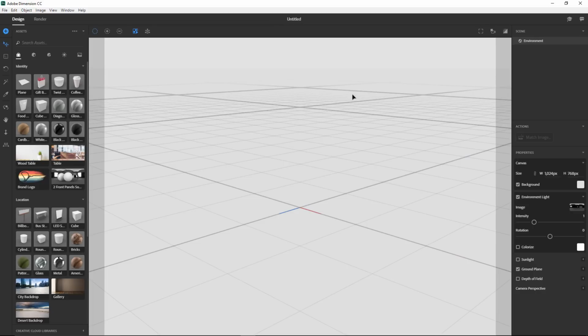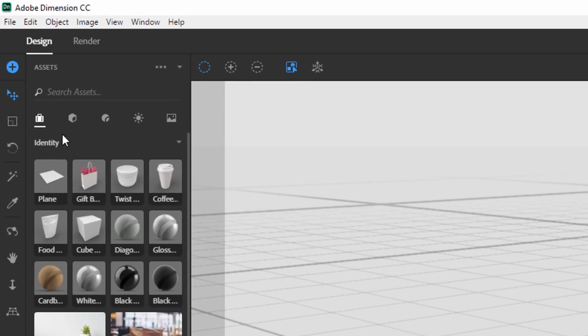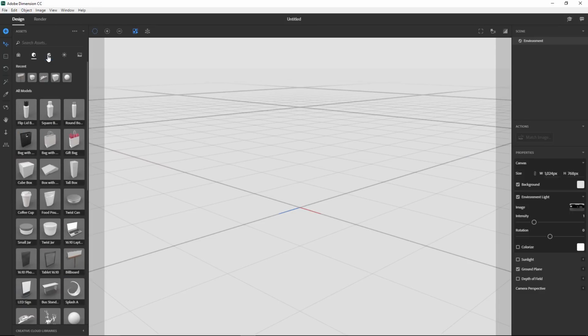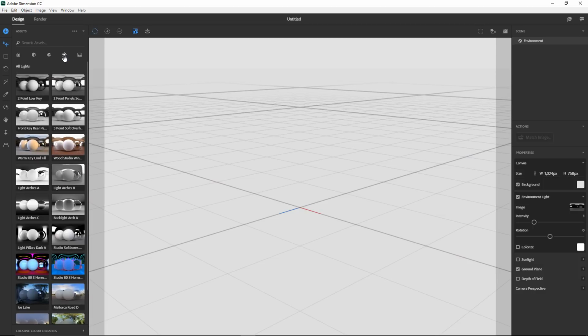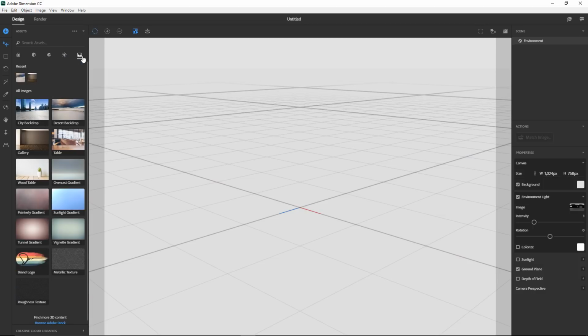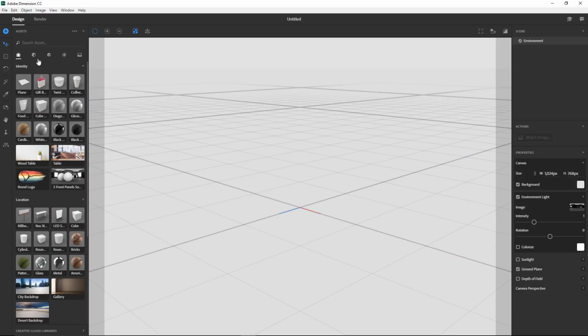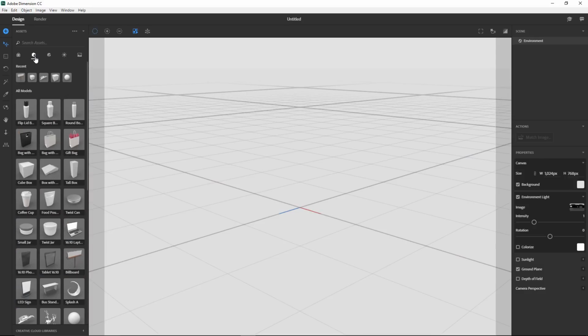So in Adobe Dimension CC, one of the first things that you're going to want to look at is the Assets panel, which is found here on the left-hand side. You can double-click on the panels to collapse them if you like. The Assets panel contains all the items that you're going to be working with, including 3D models, materials, lights, and images. Or you can click on the first tab labeled Pack to see a combination of all of those. We're going to start with the Models tab, and you'll see a Recent tab that shows the recent